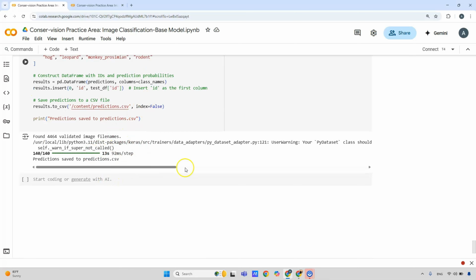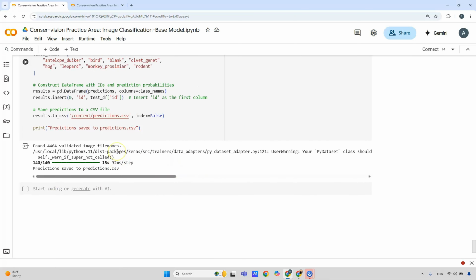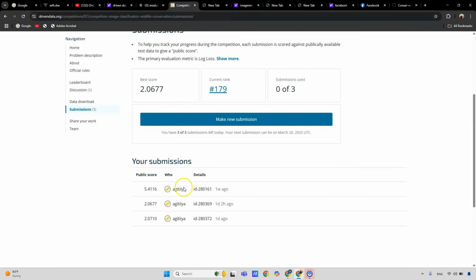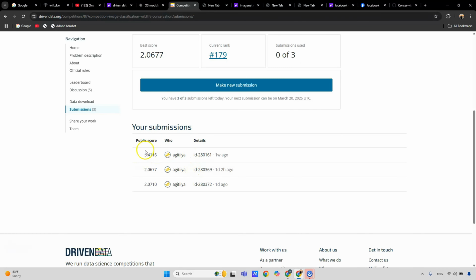And we can see live as it makes the predictions. Then here I prepare my submission file. I define the class, then construct a data frame with IDs and prediction probabilities, save it to a CSV file, and then submit. When I submitted the first one, I got a public score of